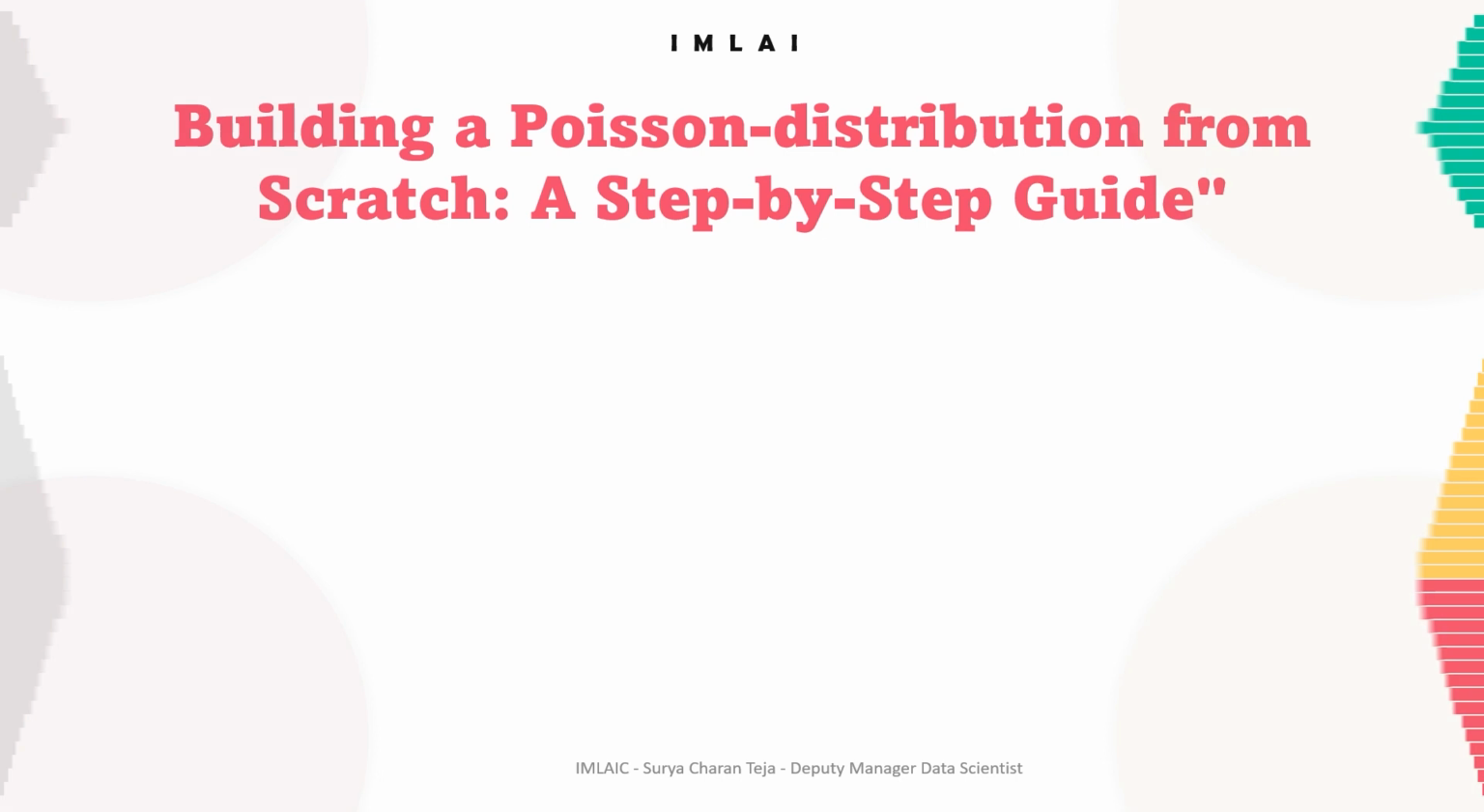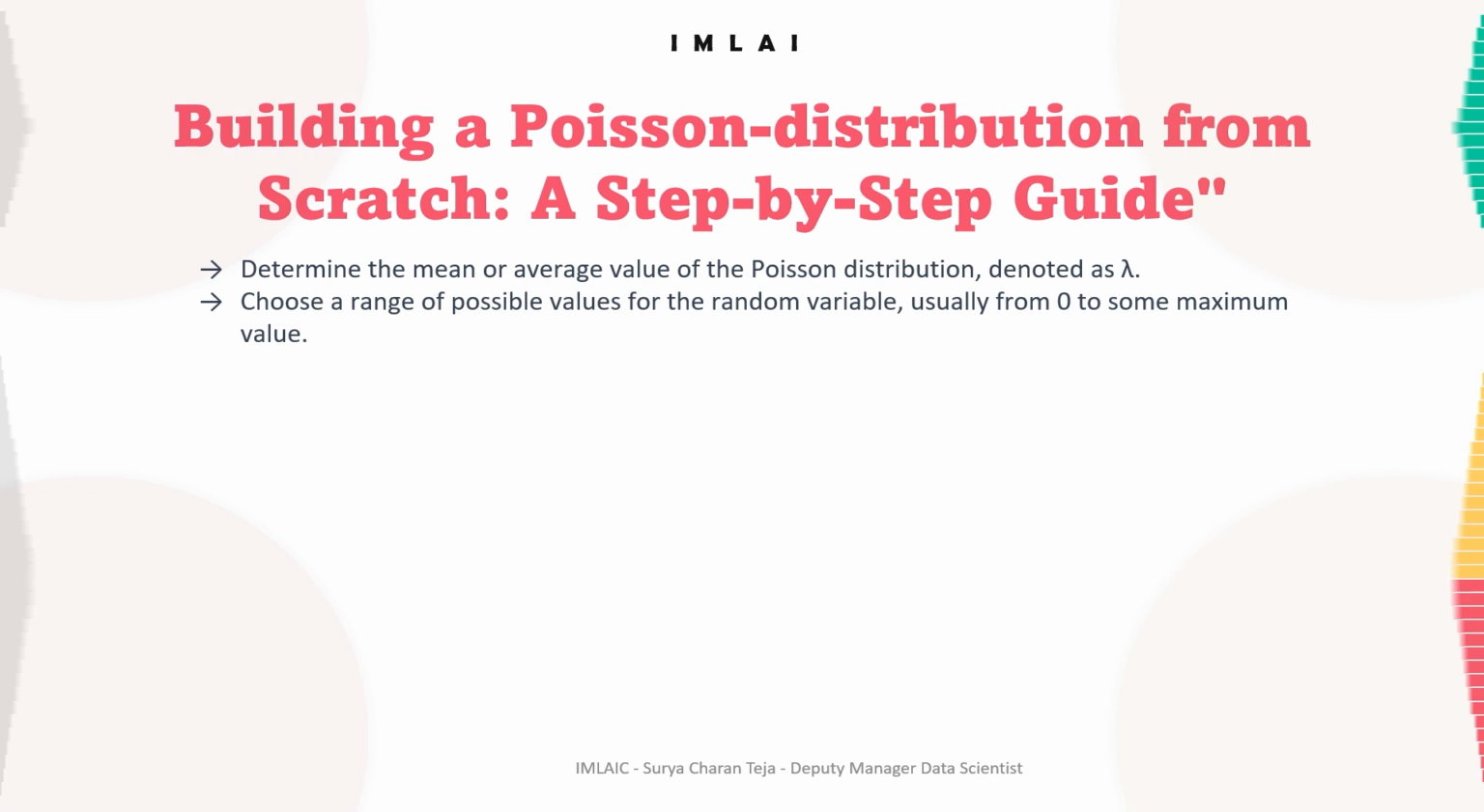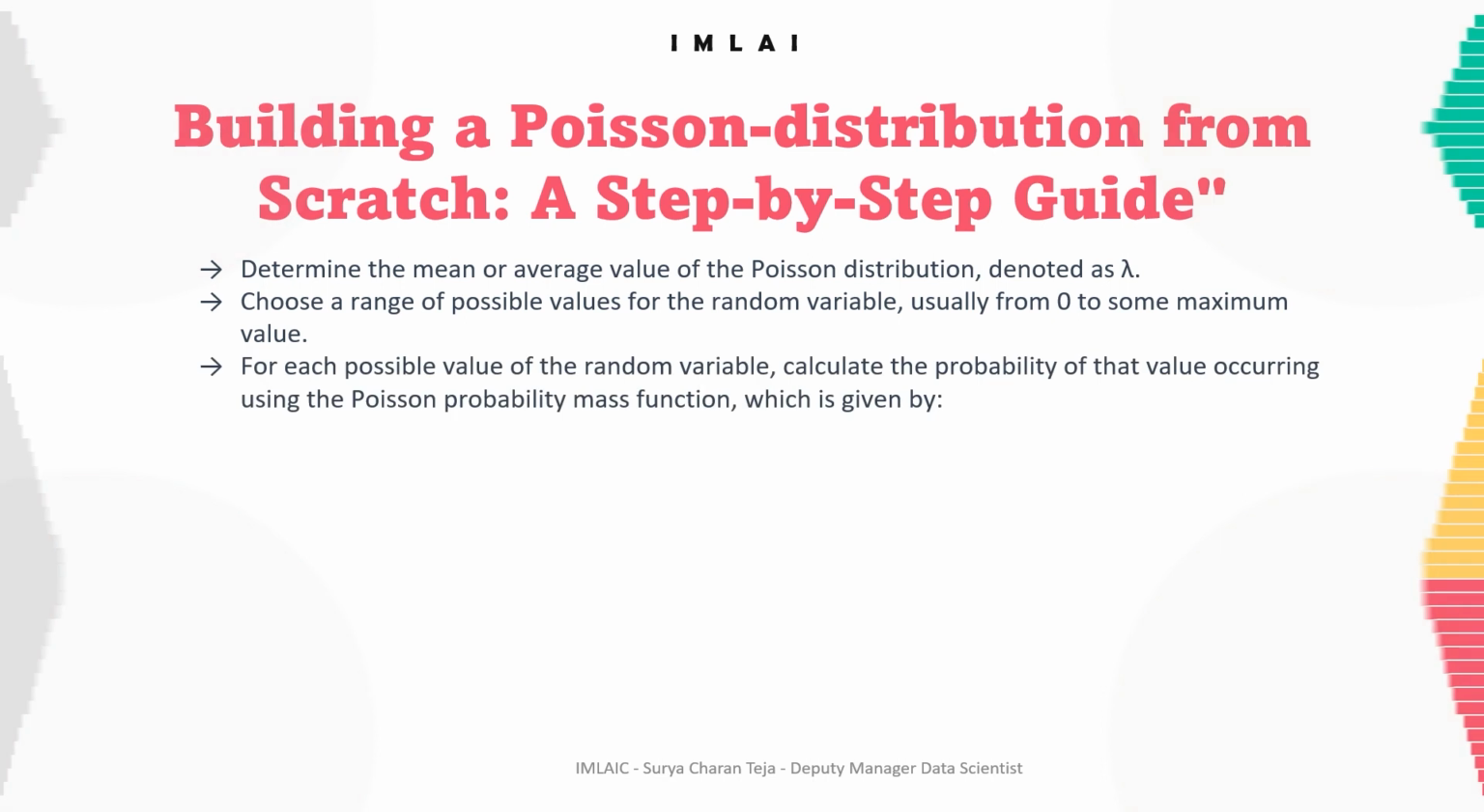To build a Poisson distribution, we have to follow certain steps. The first one is to determine the mean or average value of the Poisson distribution, which is denoted as lambda. Then choose a range of possible values for the random variable, usually from 0 to some maximum value. Then for each possible value of the random variable, calculate the probability of that value occurring using the